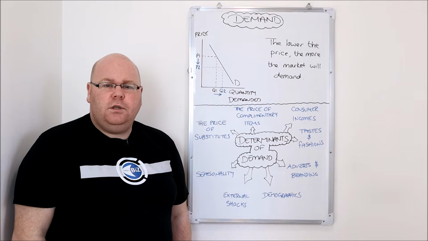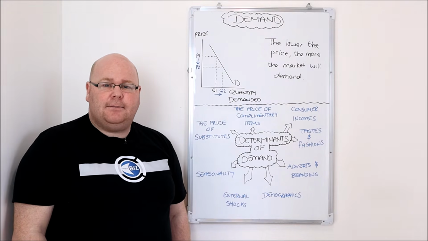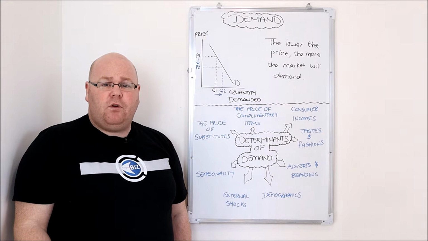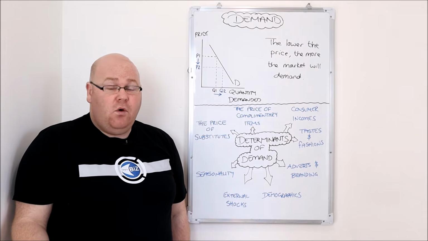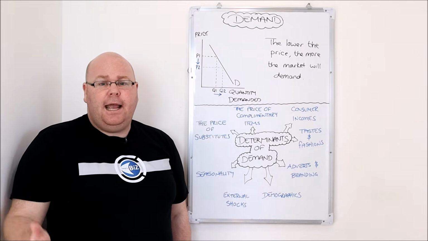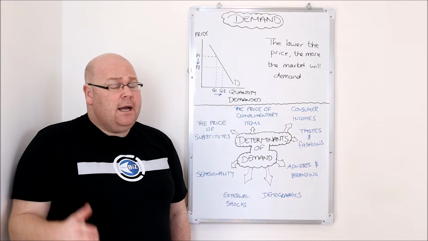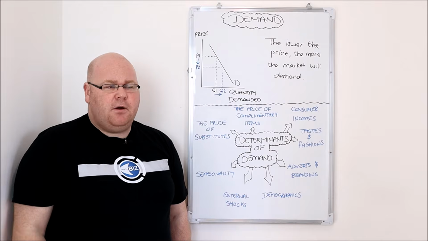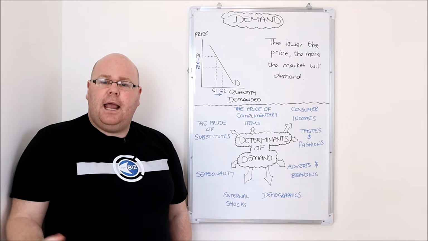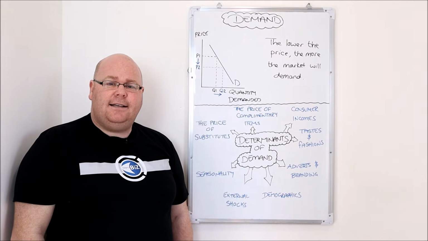Consumer incomes can also play a role in determining the level of demand in a market. As consumer incomes rise, if our prices remain constant and people are earning more and have greater disposable incomes, it may well be that demand for our good or service rises as well. But for many goods, if incomes are reduced and people experience falling disposable incomes, it might damage demand for the particular good or service that they are selling.